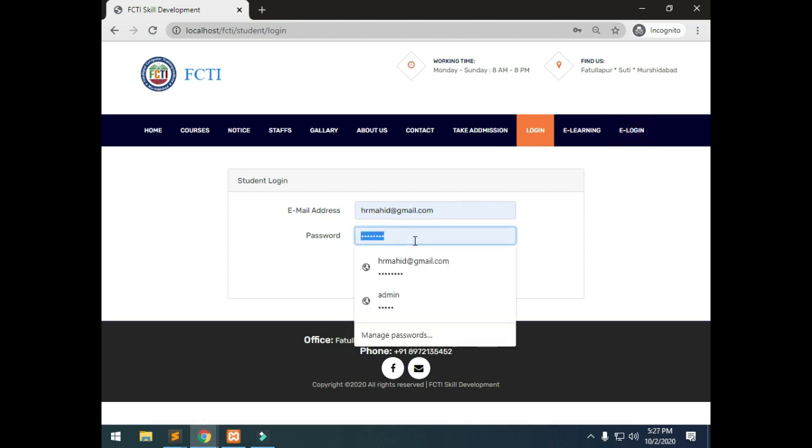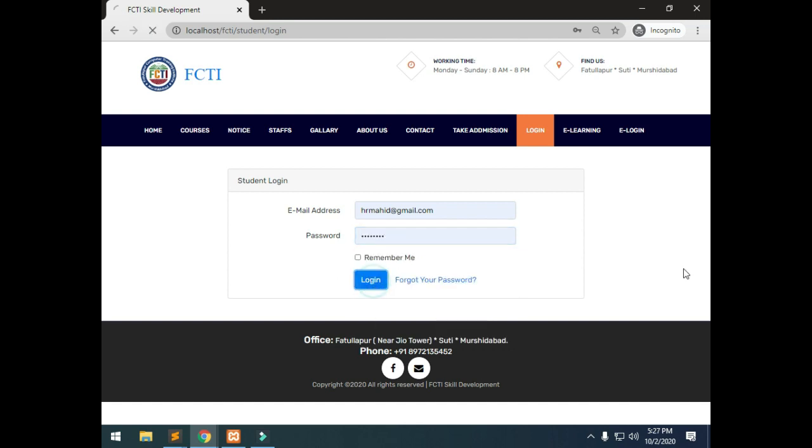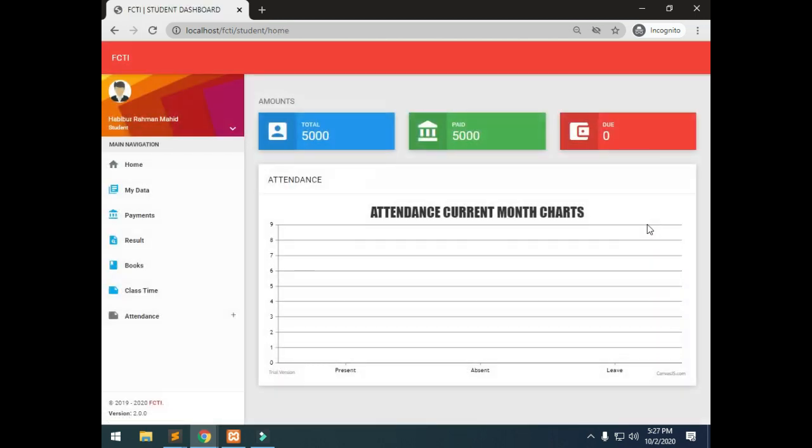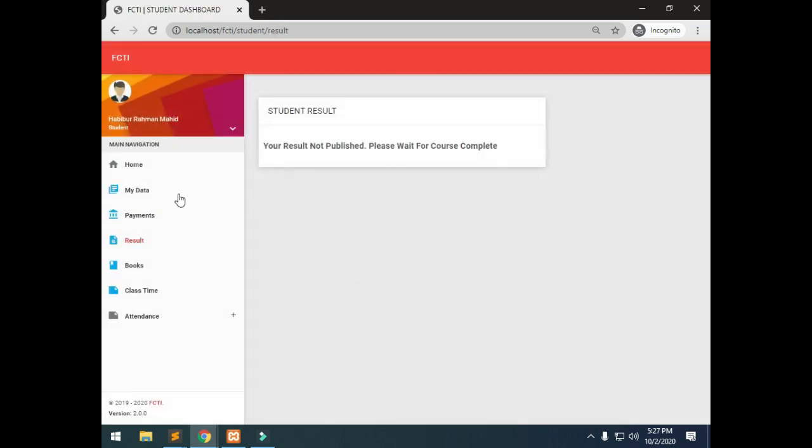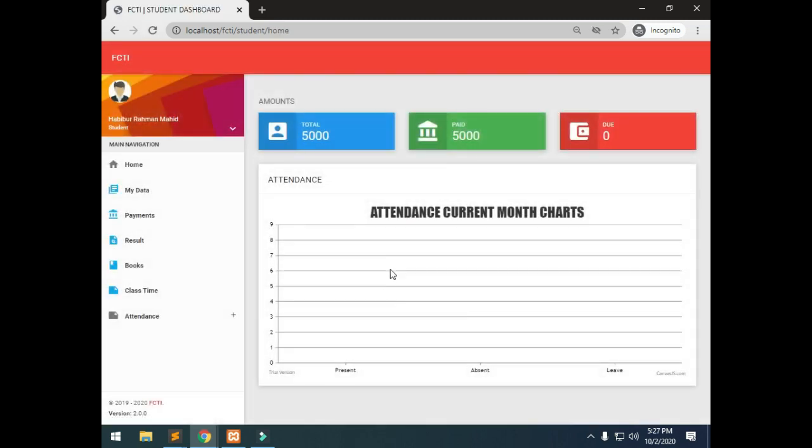So let me input my password here. If I come to the result section, you will see there is no result, and at first I am going to add the result. I am going to take attendance of this student.